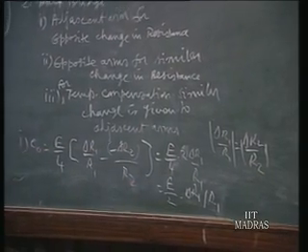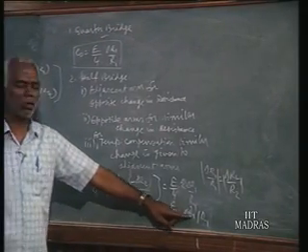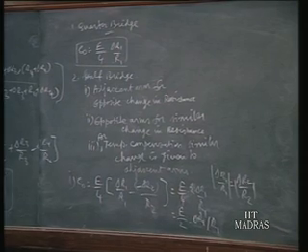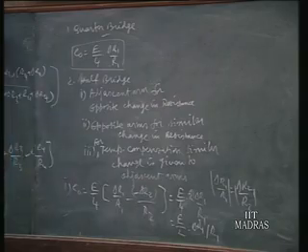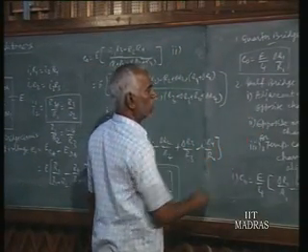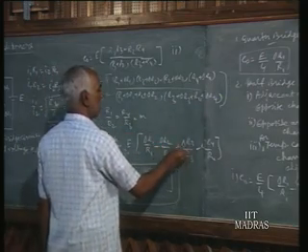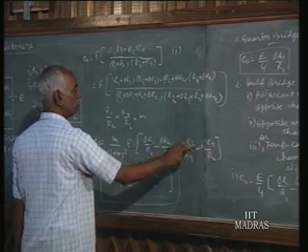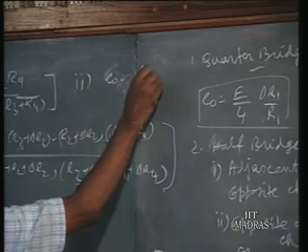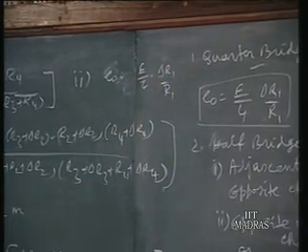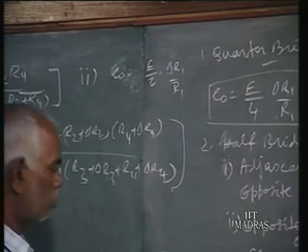That is the advantage. Quarter bridge gives E by 4 delta R1 by R1. Half bridge will give you an output of E by 2 delta R1 by R1. That is twice the voltage output of the quarter bridge. Similarly, we find in the second case, that is the opposite arms for similar change. Opposite R1 and R3 alone we give. So these things are 0, and if delta R1 by R1 is equal magnitude wise, in that case also you will have EO equal to E by 2 into delta R1 by R1. That is, delta R2 and delta R4 are zeros. Now temperature compensations, we have to look into it, probably to